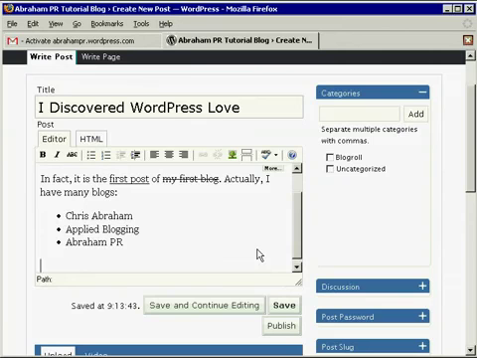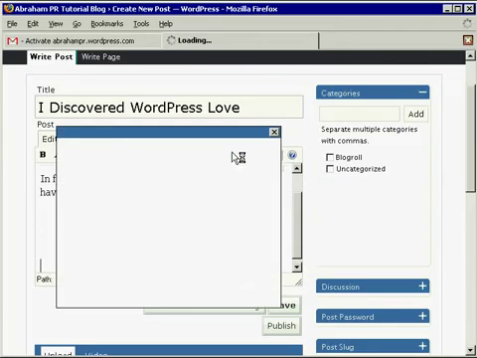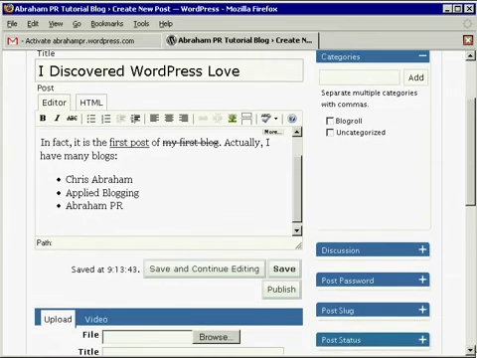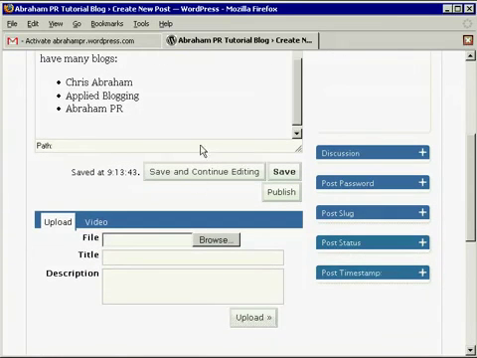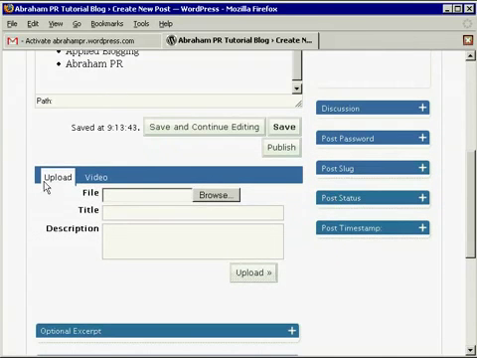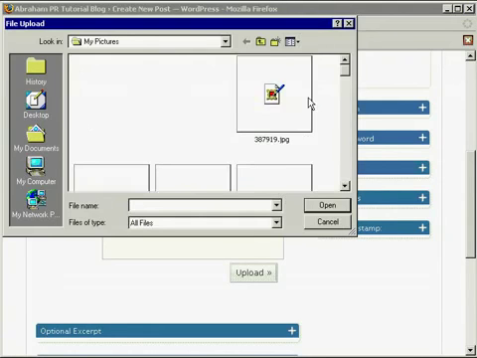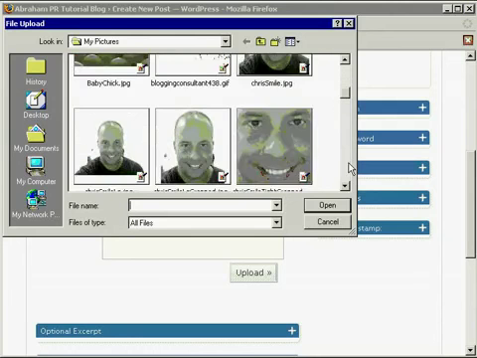And then below here, see, works just like Word, I can insert an image, so I will insert an image. I can upload an image, actually. Sorry, this is a different tool here. In order to insert an image, I need to upload an image. So if you scroll down, you can, it's different from Blogger. You don't just upload it here. You can browse My Pictures,